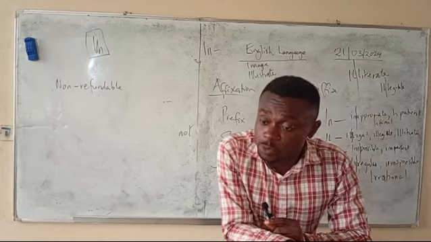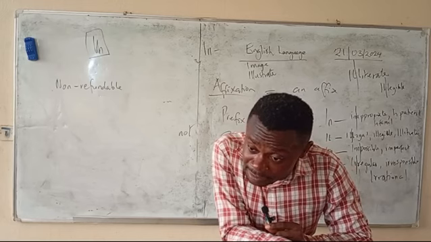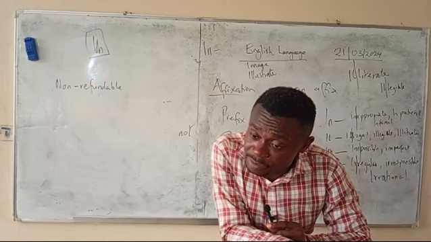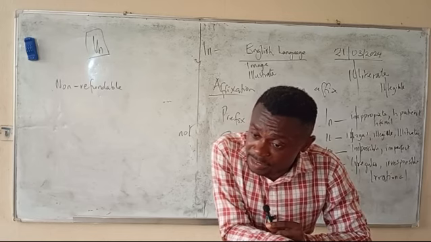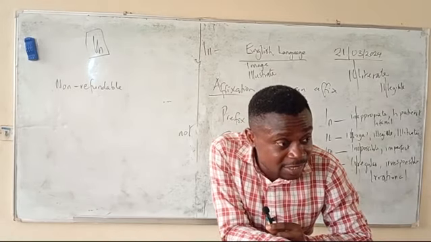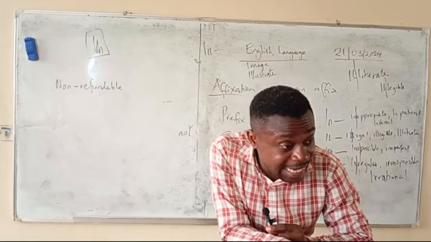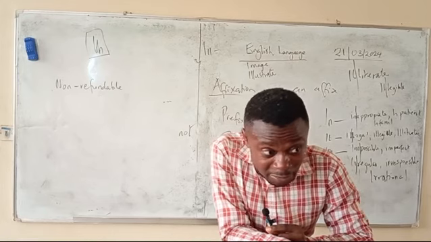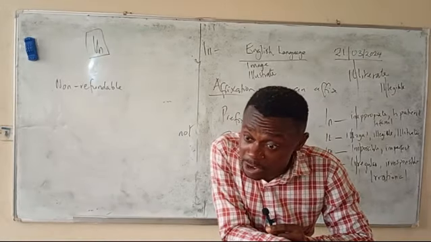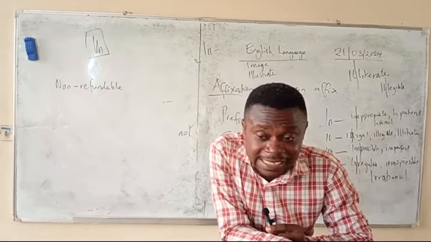Alcoholic is what? Alcohol is what? The noun itself now. Alcoholic is what? The adjective. Non-alcoholic drink. So it's now qualifying the what? The noun, which is what? Drink. Drink as a noun, hope you know. We have drink as a verb, to drink. Then we have drink as a noun. Drinks, are you aware? So if you say alcoholic drinks, alcoholic is now qualifying the noun.